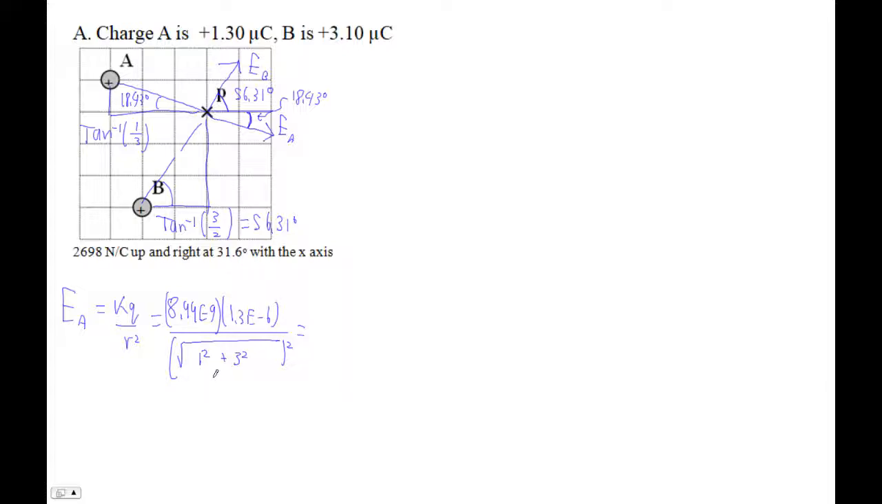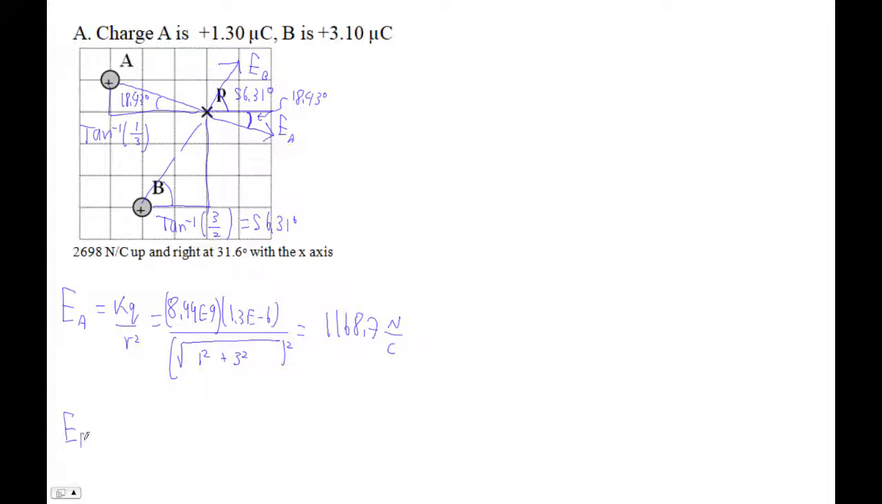So I'm going to go alpha F1, and I've got 8.99 E9 times 1.3 E minus 6, and then over 1 squared plus 3 squared. I can't just put a 10 down there. I got to do this. All right, here we go. This is 1168.7. And that's newtons of force per coulomb of charge. Let me just double check. Yeah, that's good. All right, and then let's find the electric field due to B